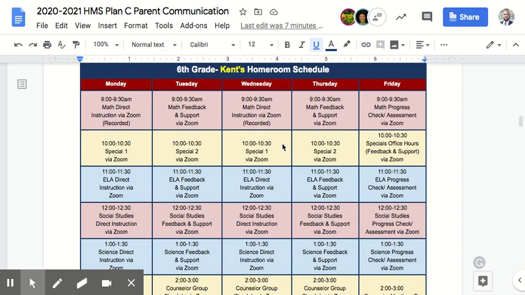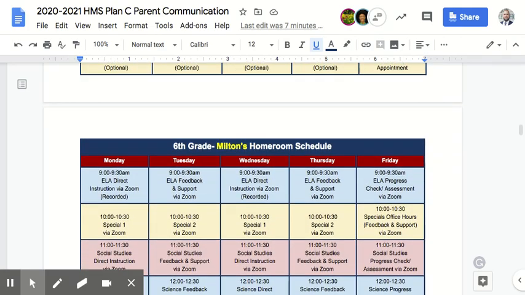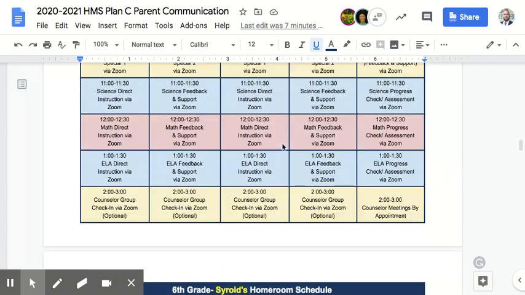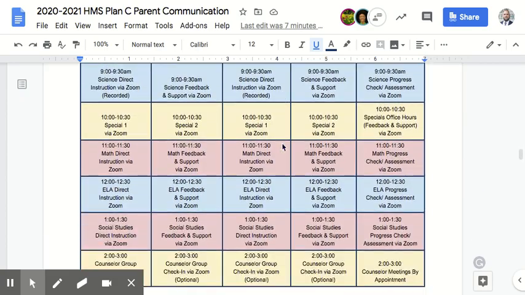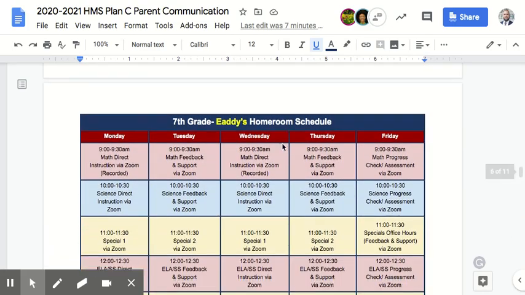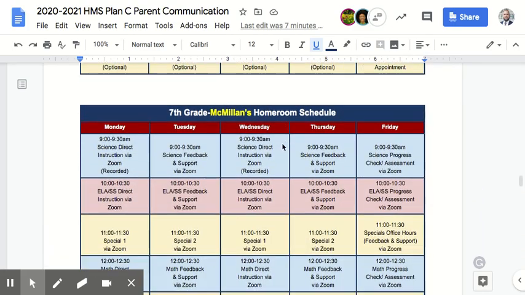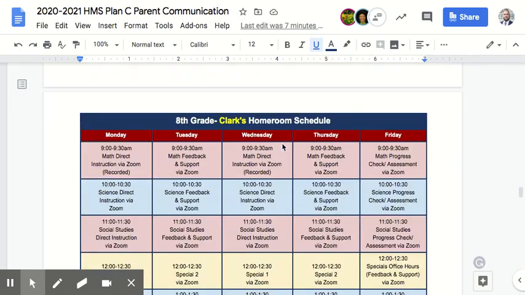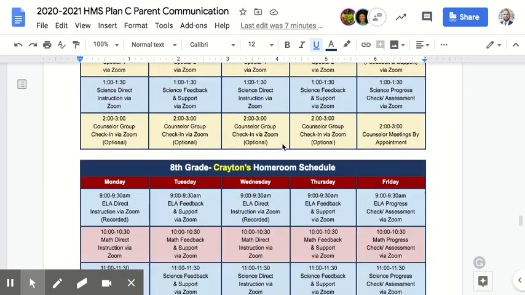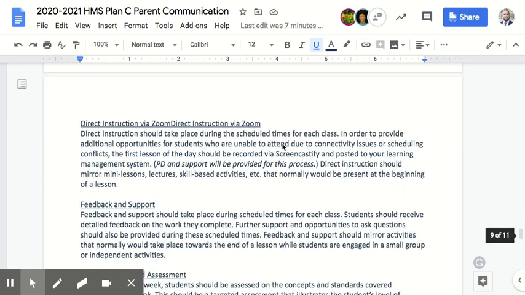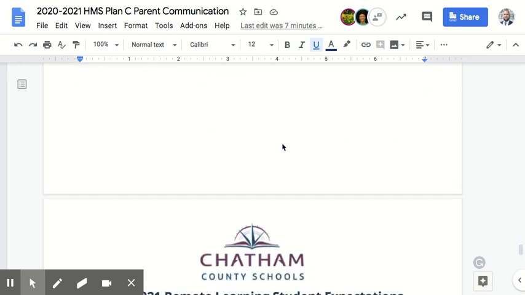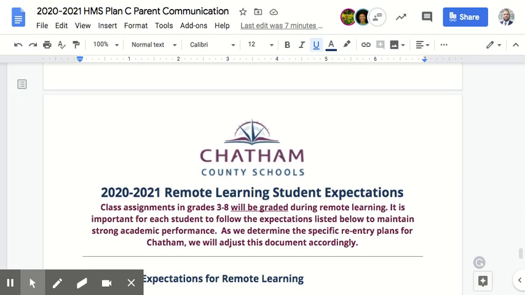next set of standards. So you can see as I come down through here, we have every single homeroom mapped out. What I just shared with you is an example, and you'll need to look at your student's specific homeroom to see what they are required to do each day. And now I'm going to pass it on to Ms. Dark, and she is going to speak with you about the expectations for parents, our students, and our teachers during